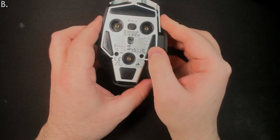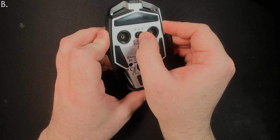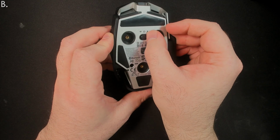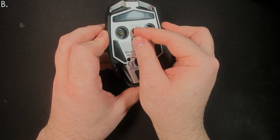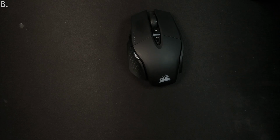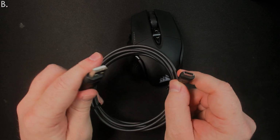Found the switch on the bottom of the mouse to require a lot of force to move and difficult to get right in the middle without some fidgeting. I did it! Also, it doesn't come with an extender dongle, just this crappy rubber USB-C cord, which is very, very stiff,